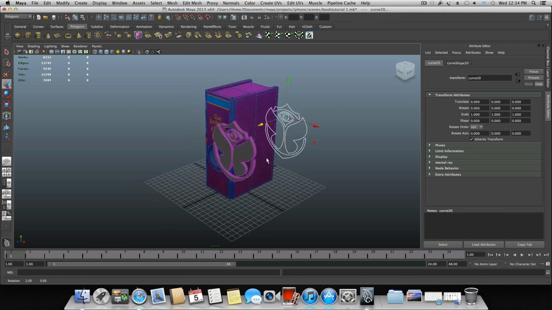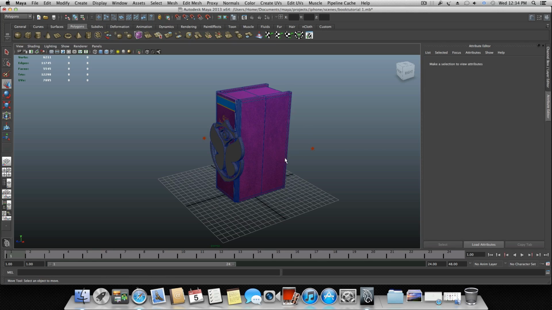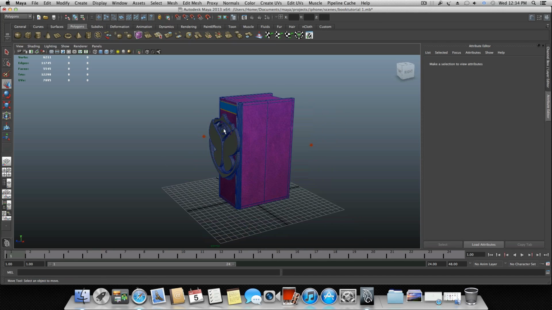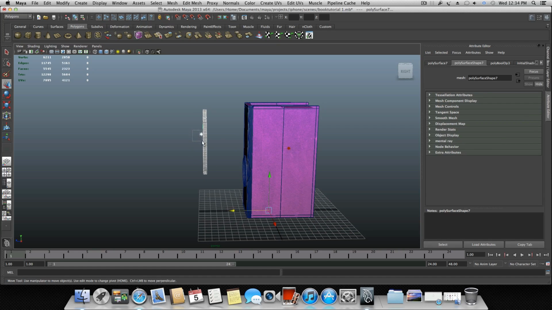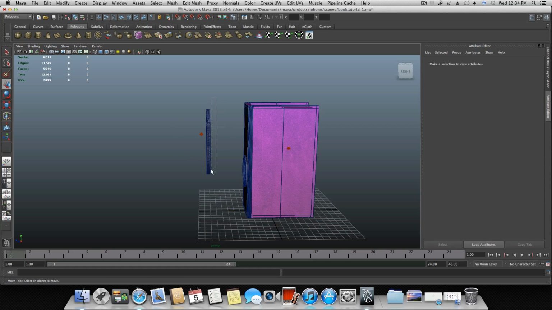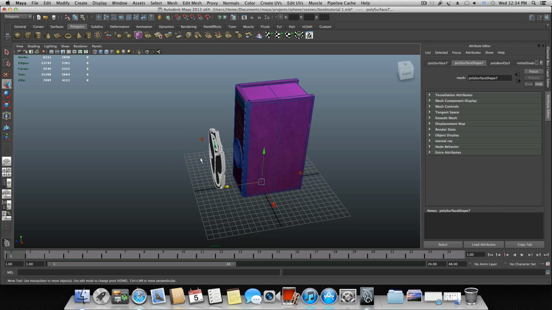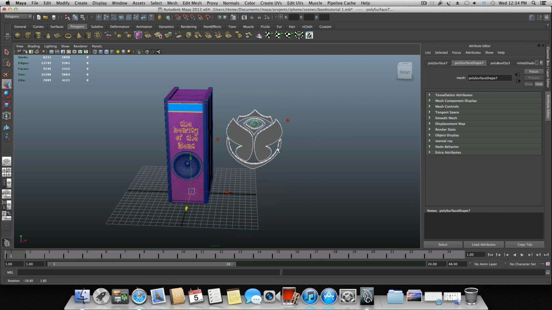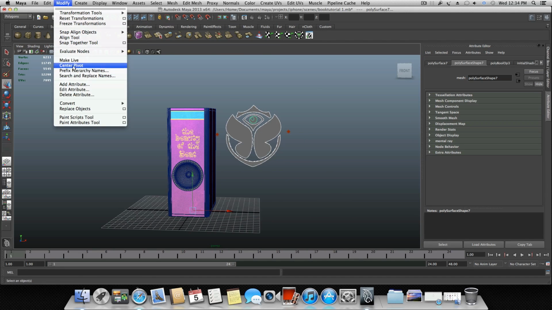You just need to tap F8 once, twice, delete the curves, and also we want to make sure that there aren't any more curves here. So let's select halfway of this and move it, and then halfway like this and move it, so we can see if there are any more curves attached to this. Now after you're done with this, go over modify, center pivot,